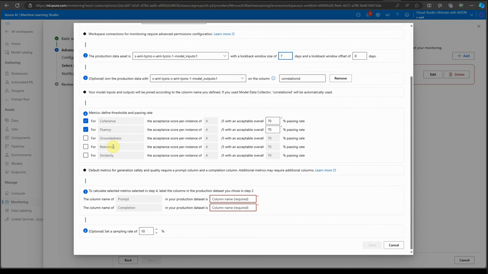Okay, and these are the various matrices which you can track. So whatever you are selecting, based on that you will see that the parameters are changing at the bottom. See, so when I selected groundedness, it added context for me. So for all of these, they have different kinds of parameters which we can track. And here you can select what is your threshold. So if 70% is the passing rate, then you can mention that. If you want to reduce it, that you are looking for very high accuracy, then just change it to some high number. So now I am going with coherence and fluency,